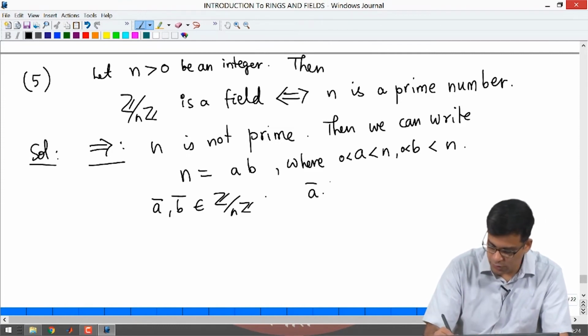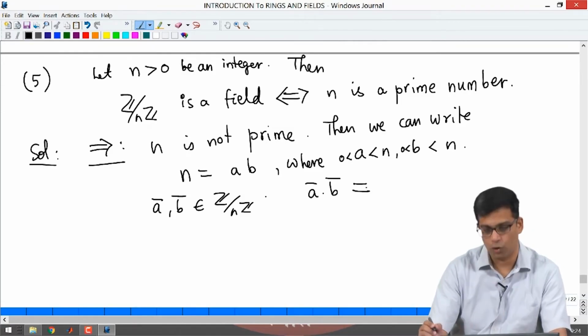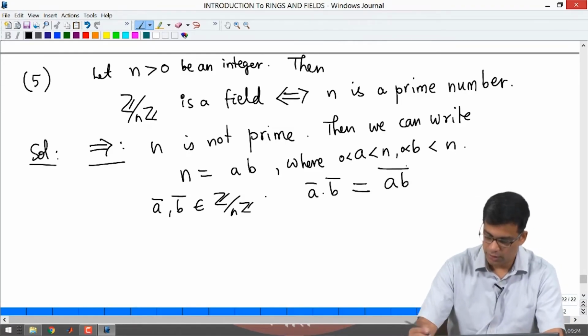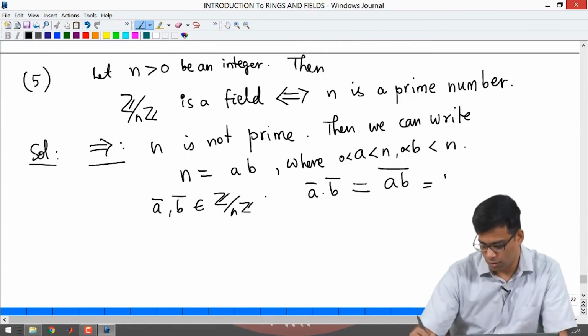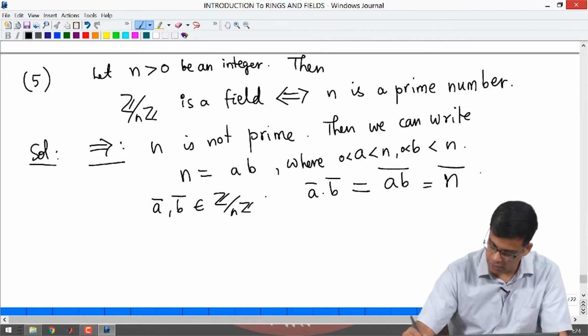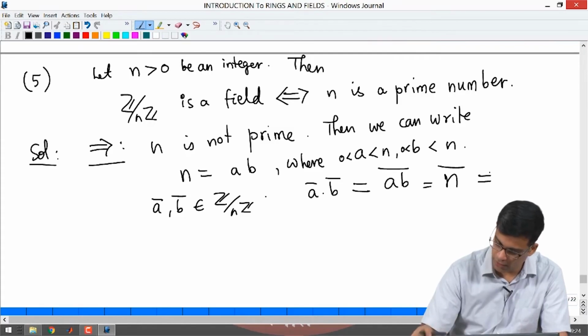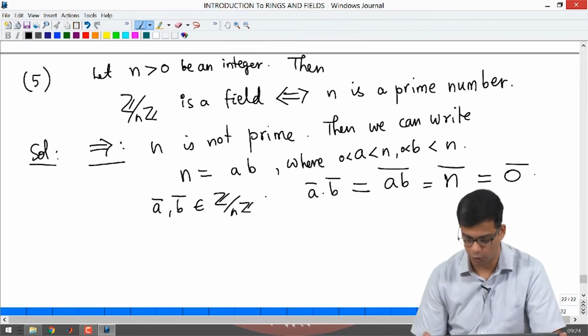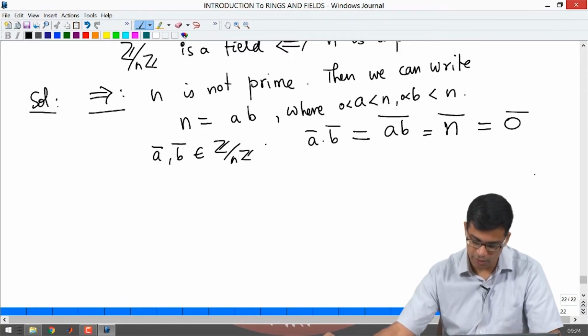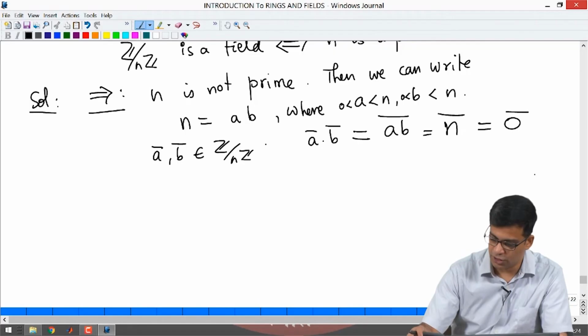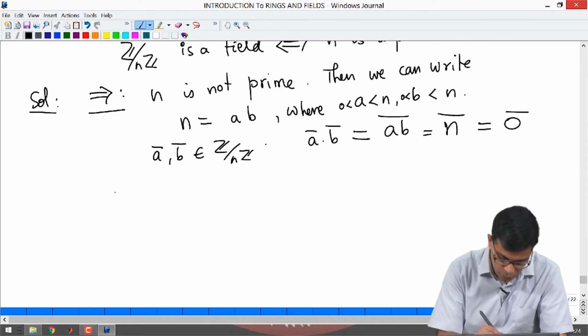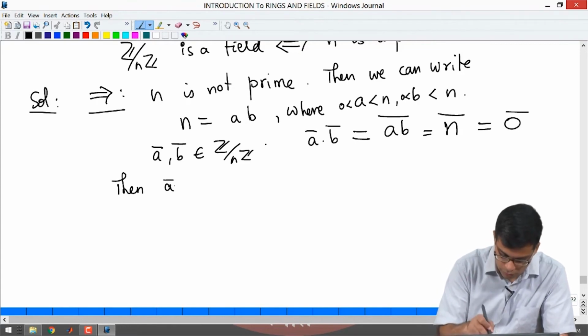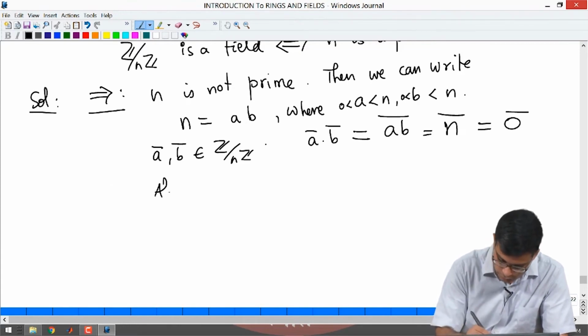What is a bar times b bar? The definition of product in Z mod nZ gives me that this is ab bar, but ab is equal to n, right. So, ab bar is n bar, but n bar is 0 bar because n and 0 have the same residue modulo n. So, that means a bar times b bar is 0 in Z mod nZ. So also, a bar is not 0